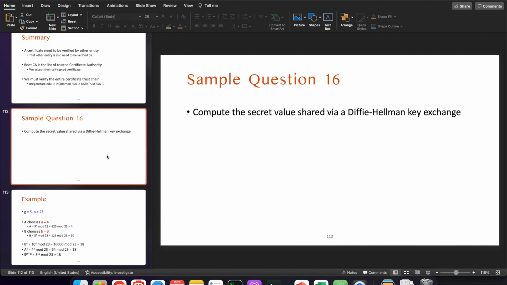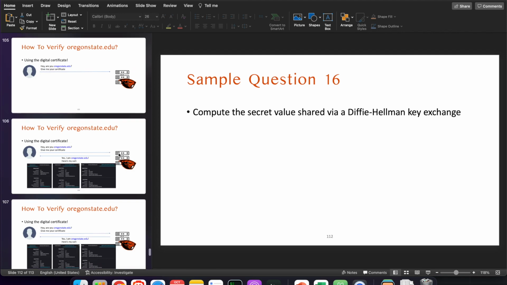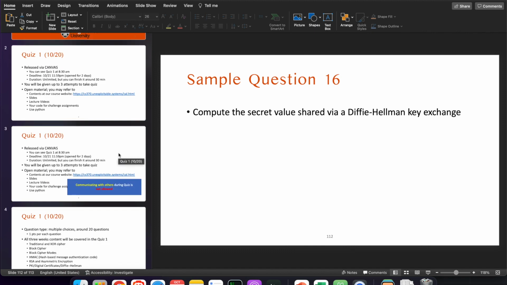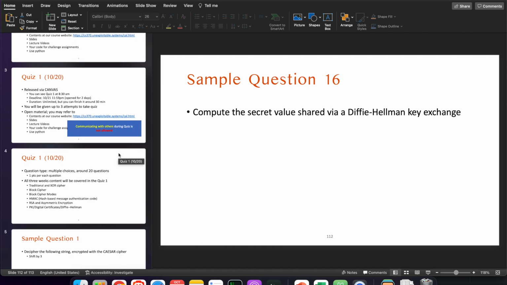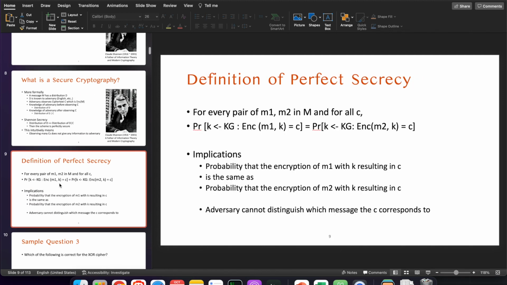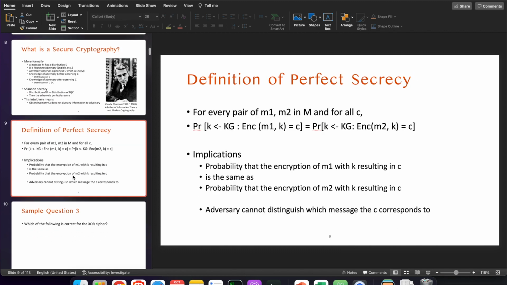Thank you for your attention. The quiz questions will not be much different, but almost the same as these kinds of questions. So please study this slide before taking the quiz. And if you don't have the time, then at least when you take the quiz, please open this slide, and after reading the real quiz questions, take a look at this slide to study how you can get the answers to the quiz questions.